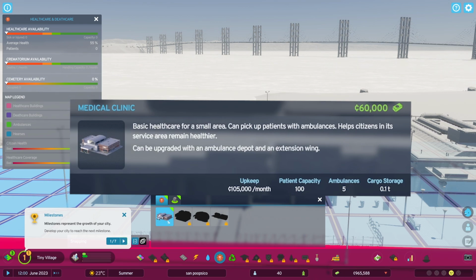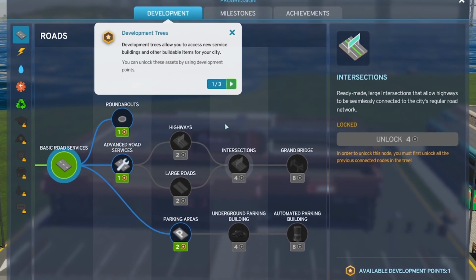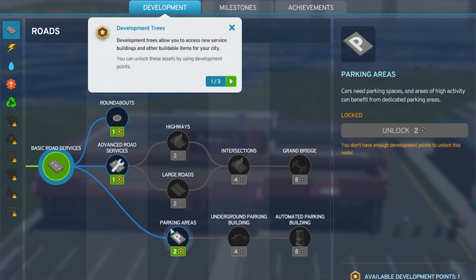What? Although, to be fair, this thing's probably going to generate us 3 times that, because if you didn't know, the medical industry is the most profitable industry in America. So one would think we'd want to build one of these right away, right? Before we do that, since we got a level up, we can unlock one of these perks, which we don't want to do